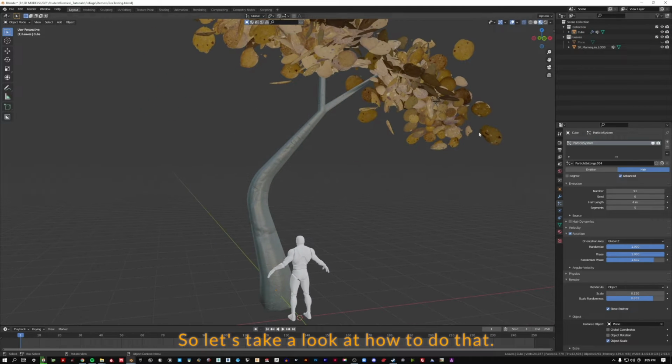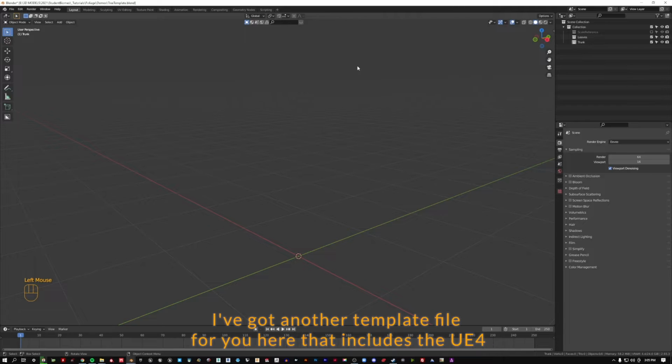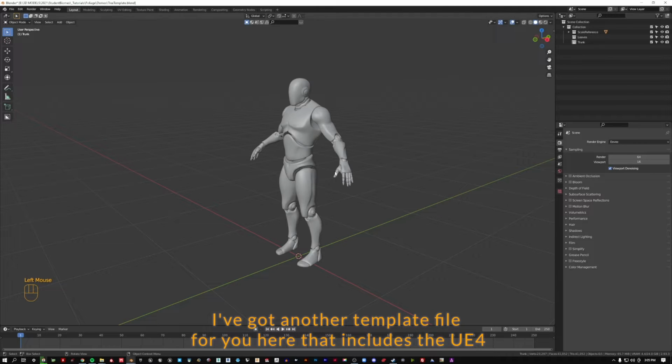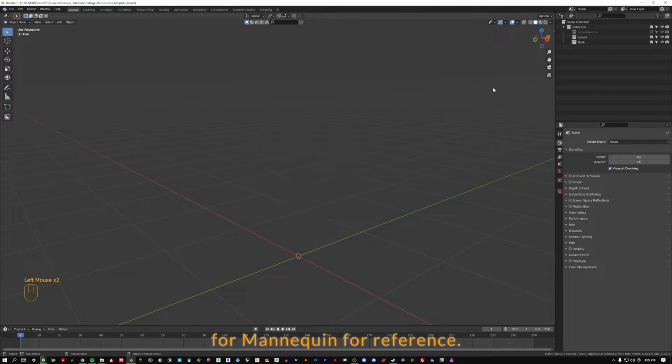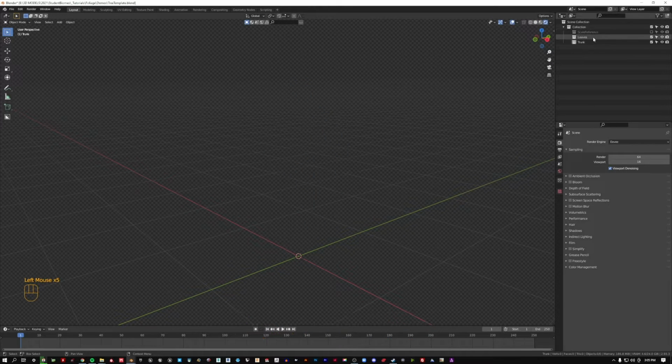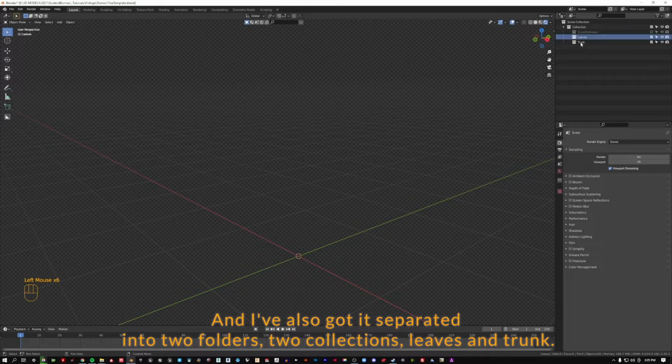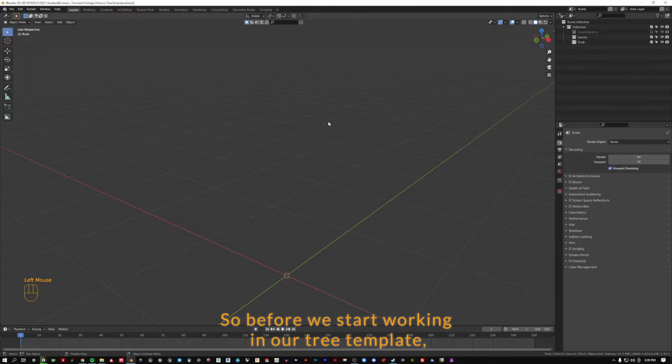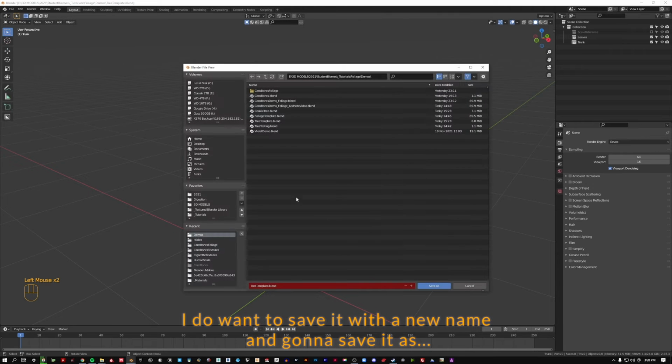So let's take a look at how to do that. I've got another template file for you here that includes the UE4 mannequin for reference. It also includes a HDRI for lighting your scene. And I've also got it separated into 2 collections, leaves and trunk. So before we start working in our tree template, I do want to save it with a new name. I'm going to save it as